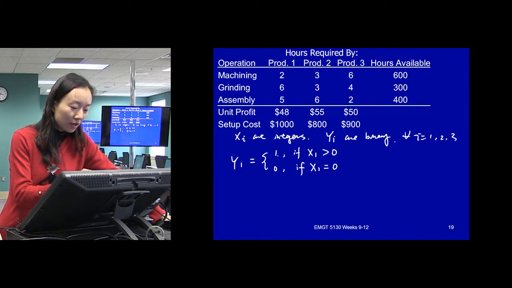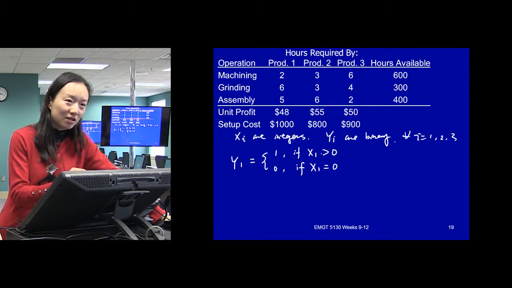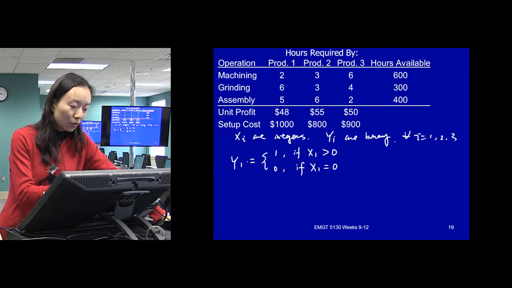Say if x1 is chosen, we'll just say if x1 is produced, then y has to be 1. If it's a 0, if it's not chosen, it has to be 0.